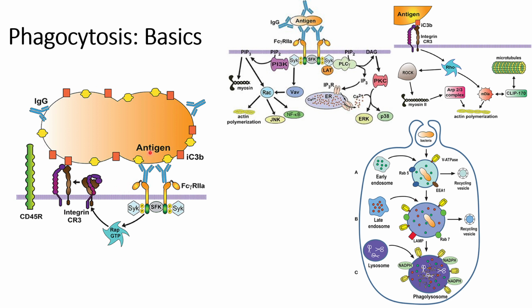In this case, this is the antigen that has been detected by the phagocytosome, by this Fc gamma R2a. As soon as the Fc gamma R2a interacts with this antigen, it triggers a downstream signaling pathway through phosphorylation of Fc gamma R2a. That leads to RAP-GTP activation, which leads to the activation of integrin CR3, which opens up from its closed position, and it also helps in binding the antigens to this phagocytosome,